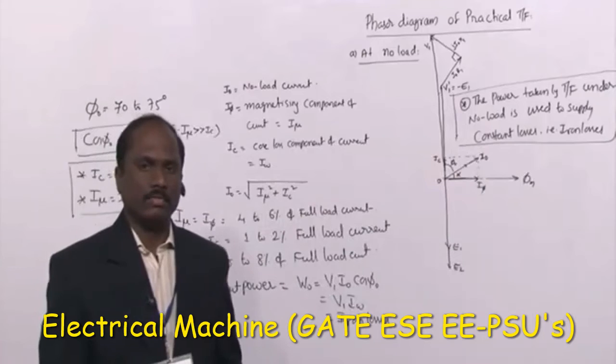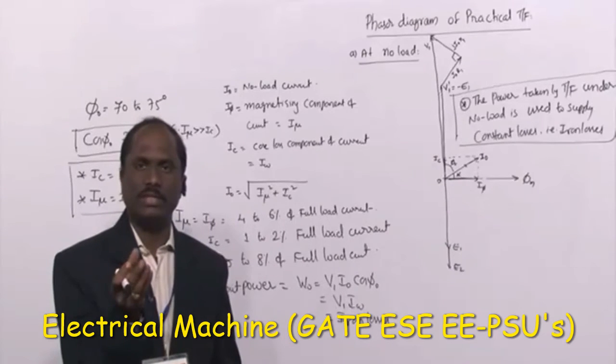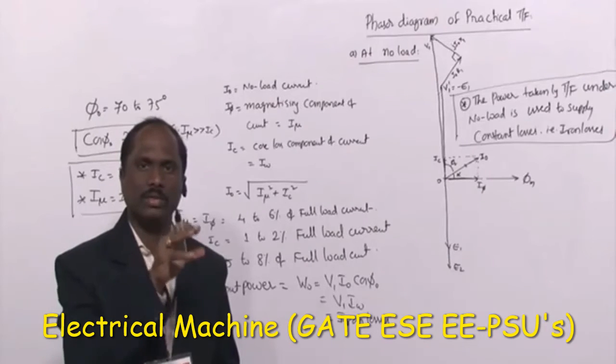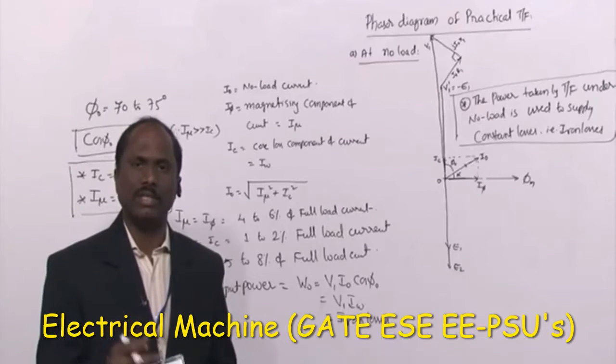So that's why, whenever you connect a transformer, for example, cell phone chargers also have transformers. If you connect the cell phone charger to the power supply and you are not connecting any load or cell phone to it, what happens? It will take some small currents. So what are these currents?